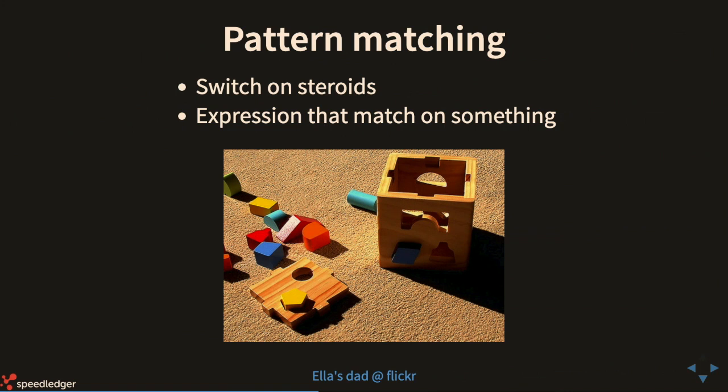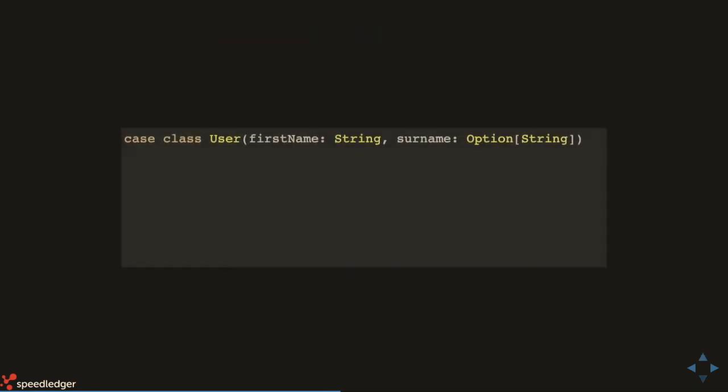So pattern matching, how many of you like switch statements? A couple. It's sort of nice, but it's always tricky. Like, are you missing some options? Are you matching everything? And also, it's a bit cumbersome if you could have different types to match on. And Scala helps a lot with that. And also it helps with extraction of values. So let's have a look.